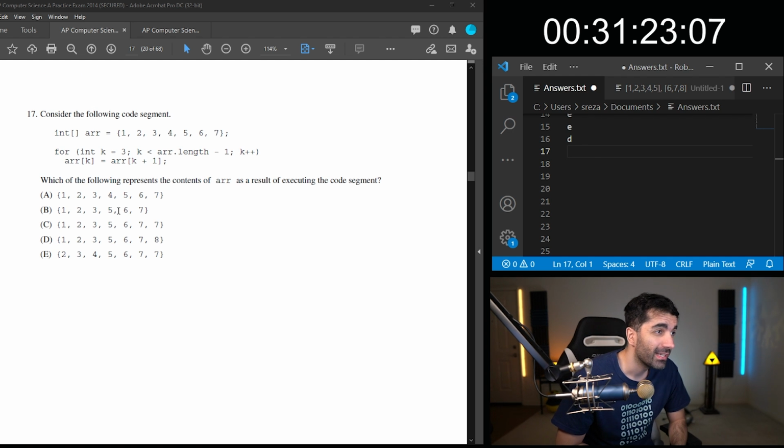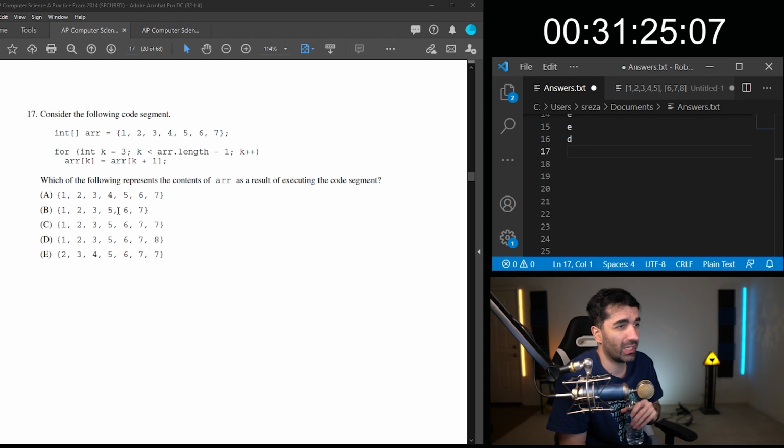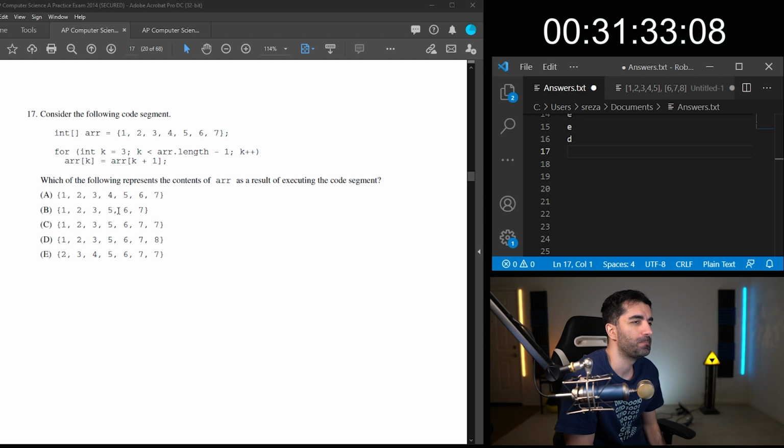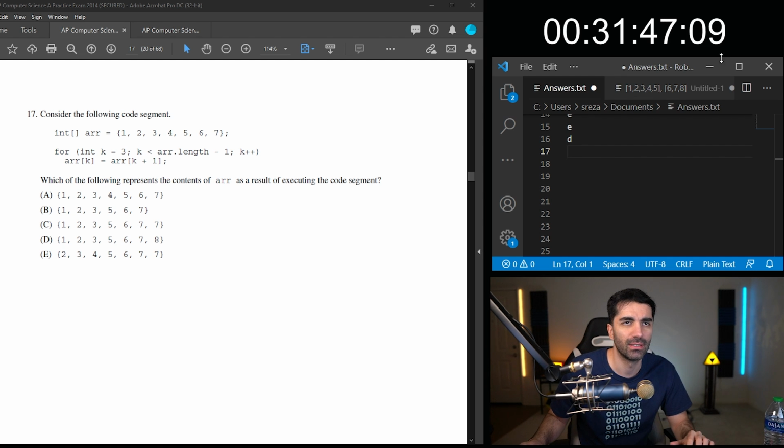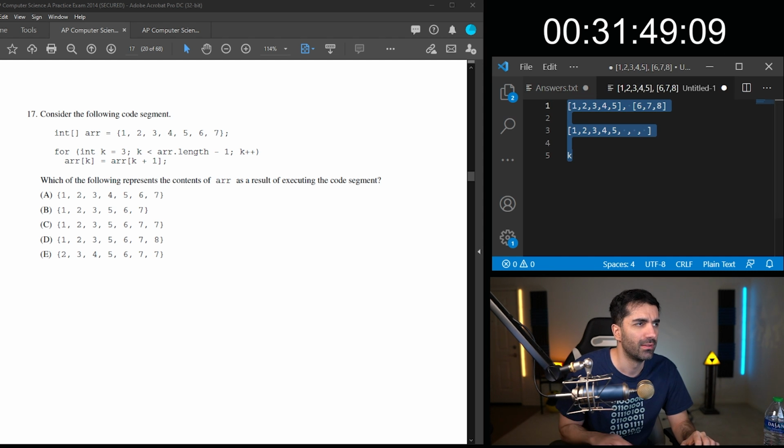Consider the following code segment. Which of the following represents the contents of ARR as a result of executing the code segment? So you're starting at 3. Okay, let's just run through it.